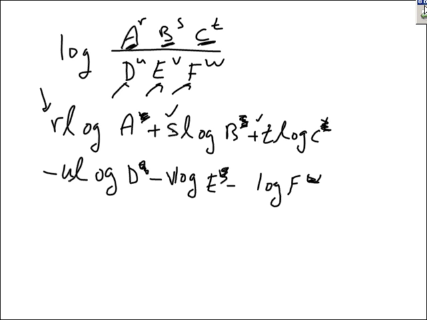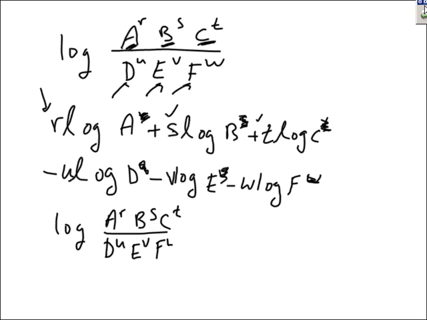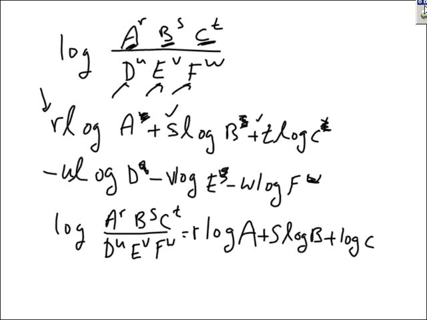V and W. The power can come in front. That is, if you have log, same problem, A to the R, B to the S, C to the T over D to the U, E to the V, F to the W. It's log A to the R, where the R comes in front, plus log B to the S, the power S comes in front, plus log C to the T, the T comes in front, minus